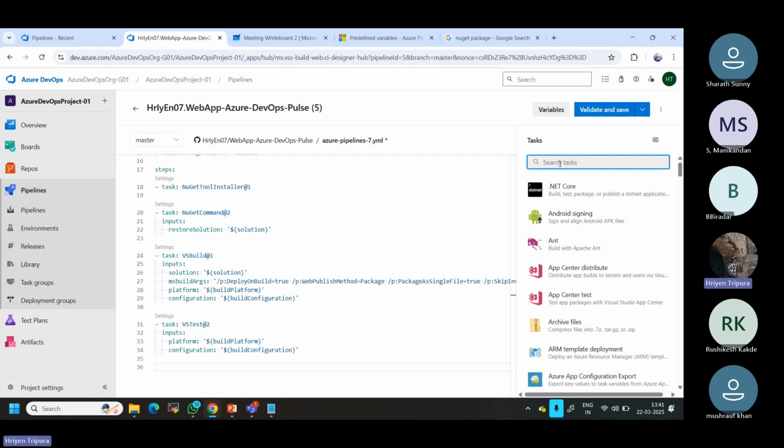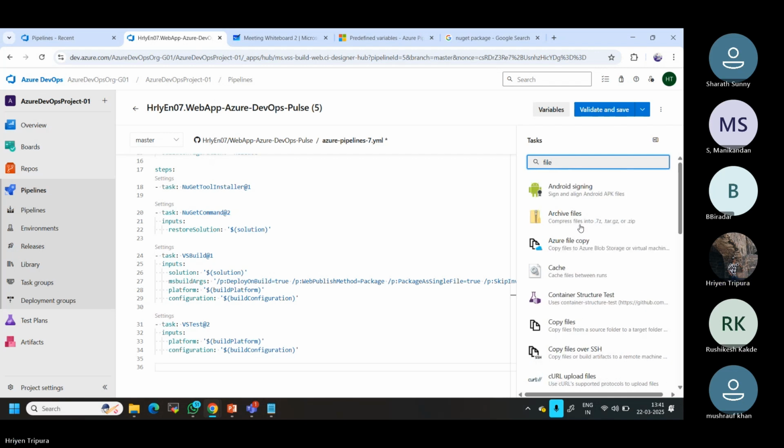Okay, so what did I say? I want to copy the file now. If you want to copy, you can see there are copy tasks itself. There are so many, like archive files. You can see the Azure file copy, and different file copy. The question is, how do I know which task to use? For example, if I click here,